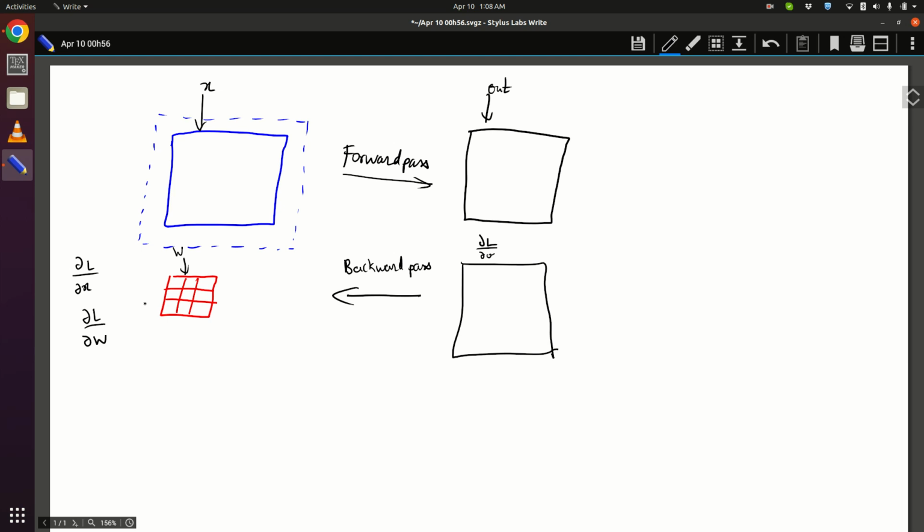Okay, so dL by dW, it is obvious why you need to compute, because you need to do gradient computation for all the parameters. But why do we do dL by dX? The reason is this could be an output of a previous stage, so this need not necessarily be thought of as the image itself. It could be the output of the previous stage. So as a result, we would like to compute dL by dX as well. All right, and in the last class we completely understood how to do this. So what we are looking for in today's class is to compute dL by dW. So that's what we would like to do, and